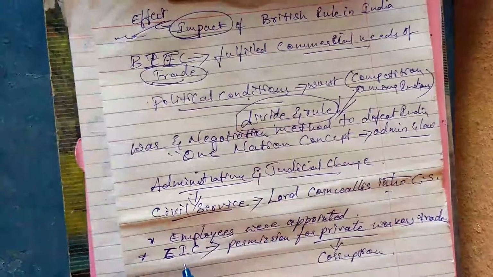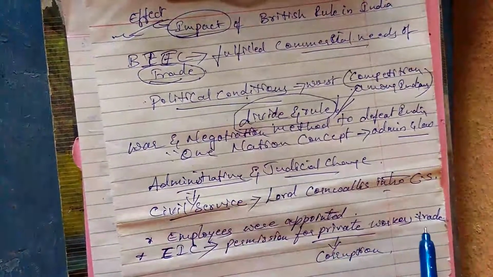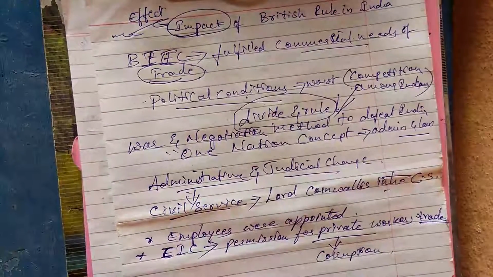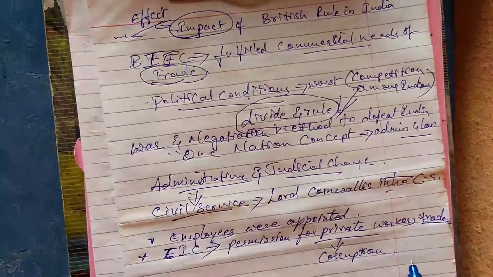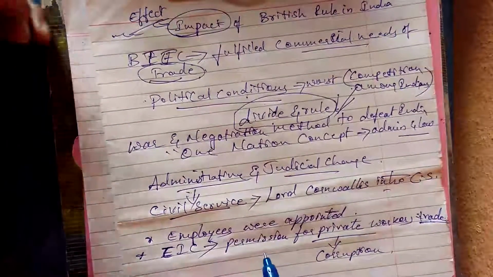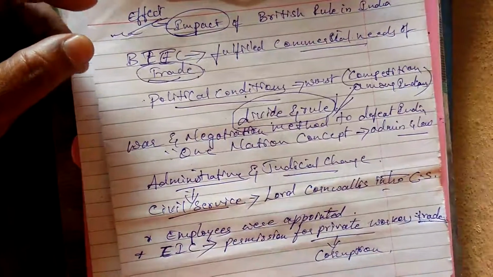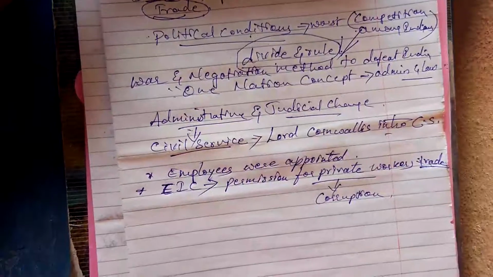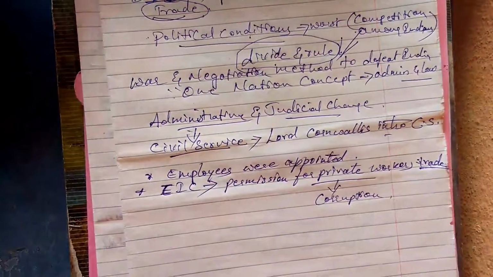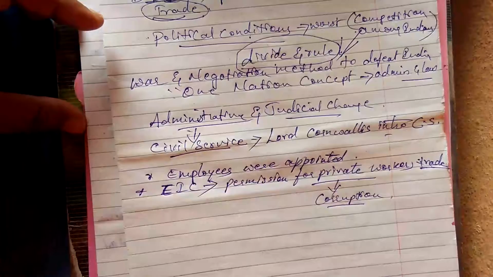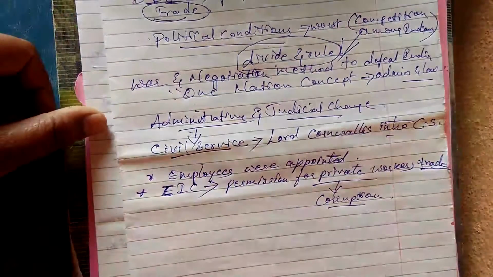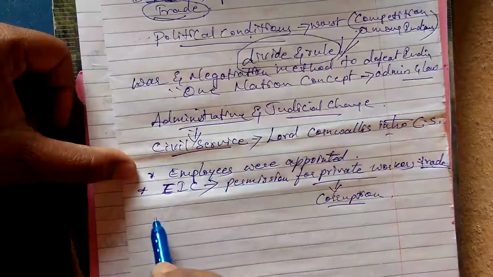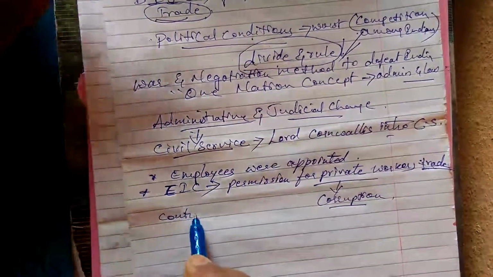It is where the British officers themselves started corrupting the Indian trade. Because of that, corruption started, and as the corruption went on, the economy of the country started lapsing. So in order to control this corruption,